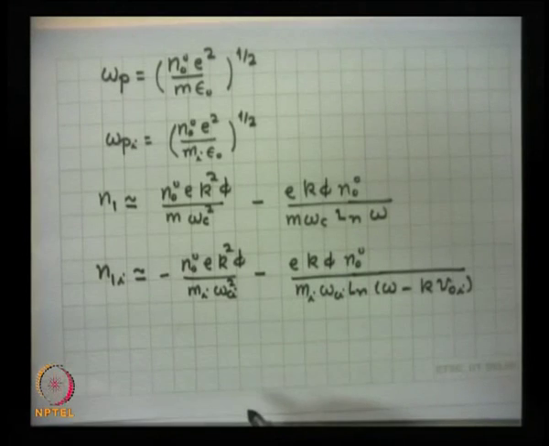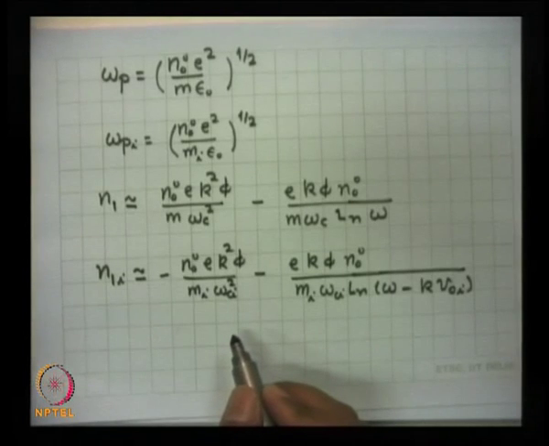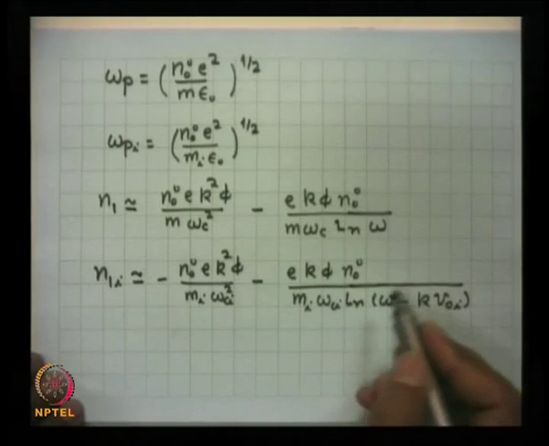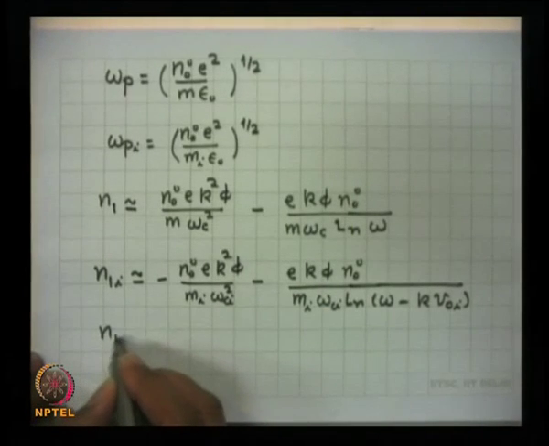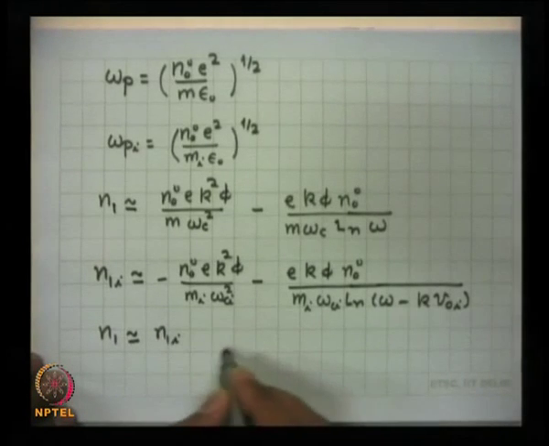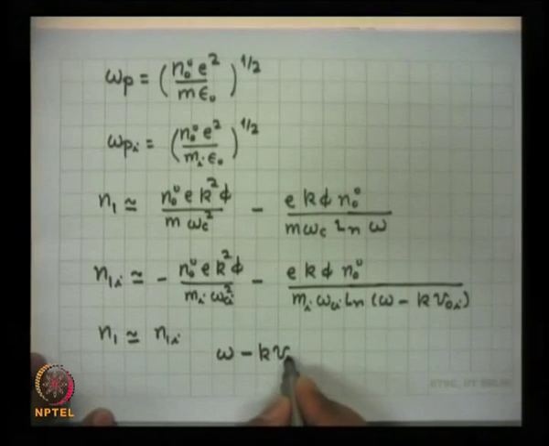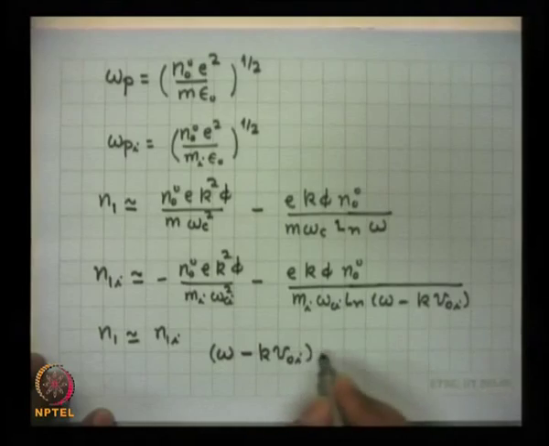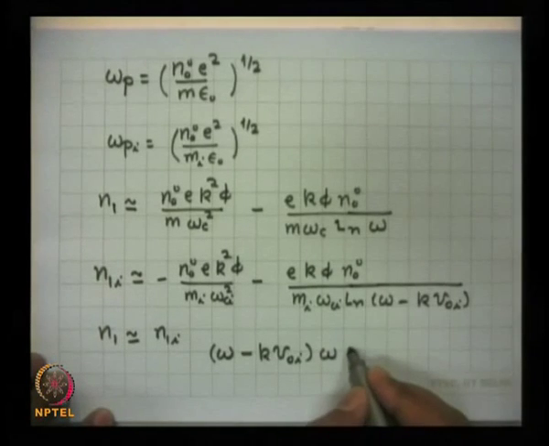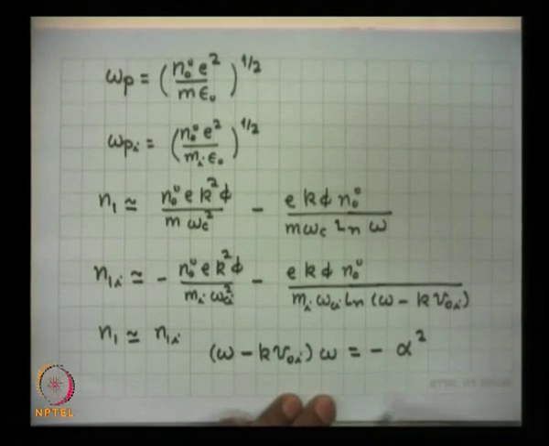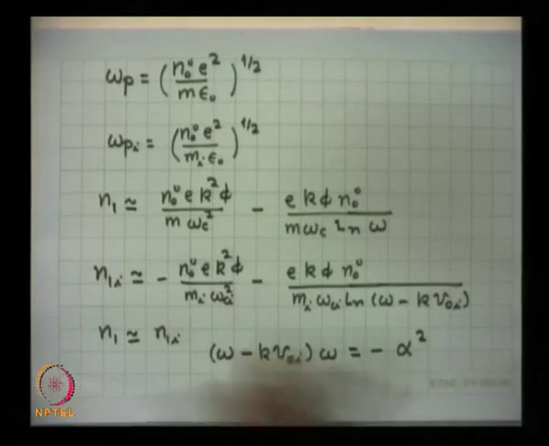The expressions are very similar and you have to equate them. Once you equate them, you get a simple dispersion relation because phi will cancel out from every term. So, N1 approximately equal to N1I leads to a very simple dispersion relation which says that omega minus kV0 of ions multiplied by omega is equal to a quantity minus alpha squared. This is the simple dispersion relation. By equating these two you get it, and alpha squared turns out to be